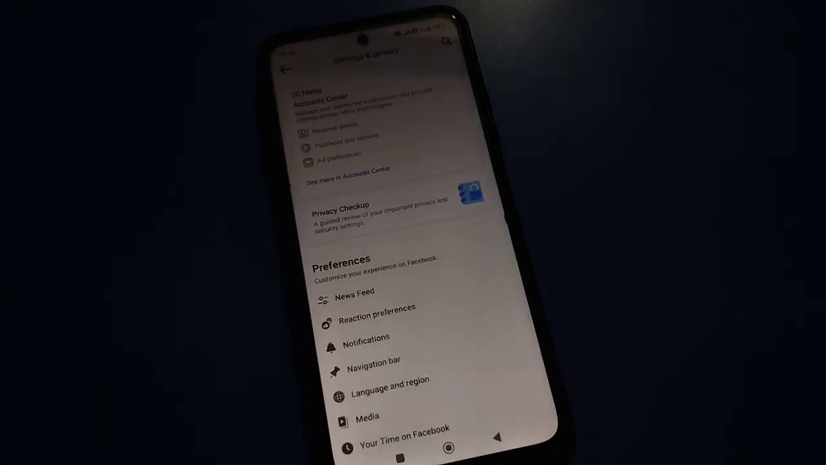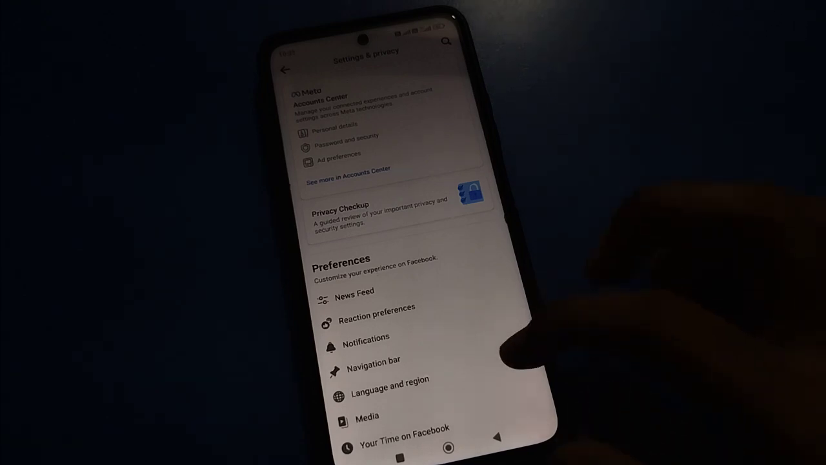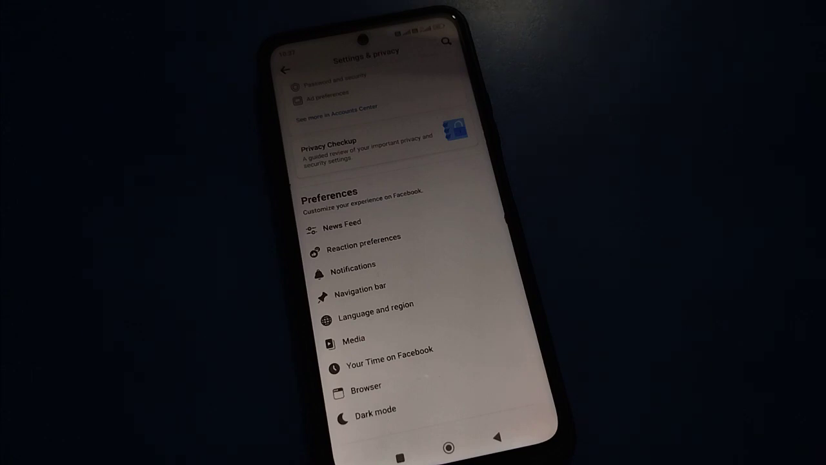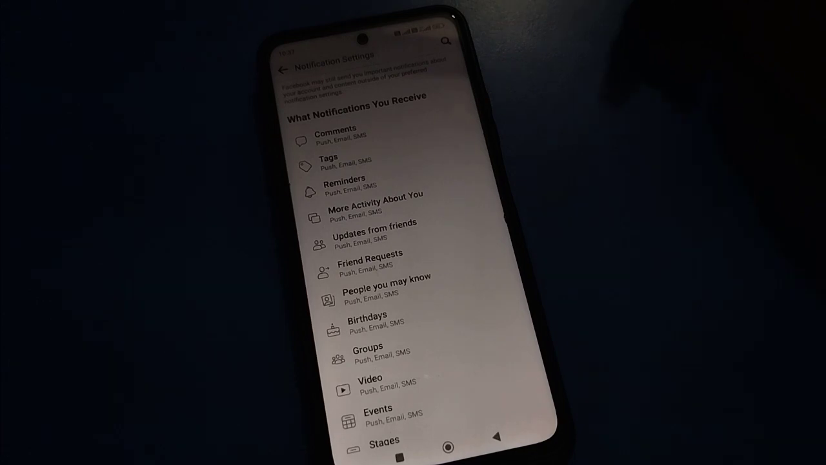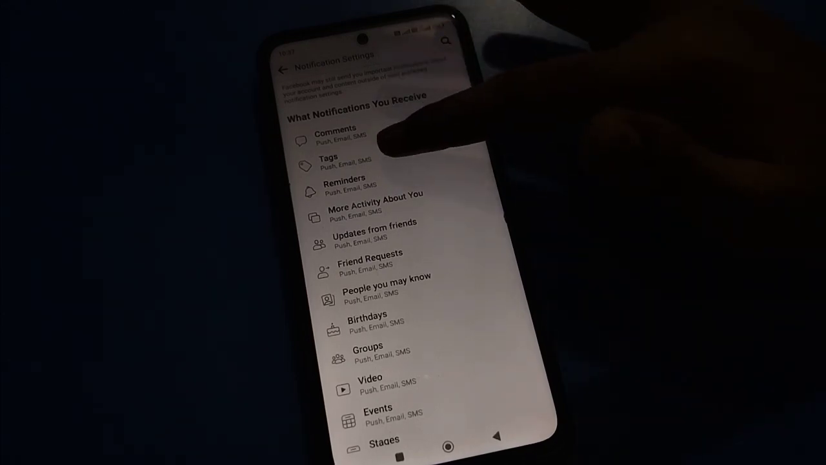After opening settings, you can see this type of interface on your account. So friends, we will scroll down here, and you can see the notification option. We will tap on notification. After tapping on notification settings, you can see the Facebook notification settings we can use here. If you tap here on tag notification setting,